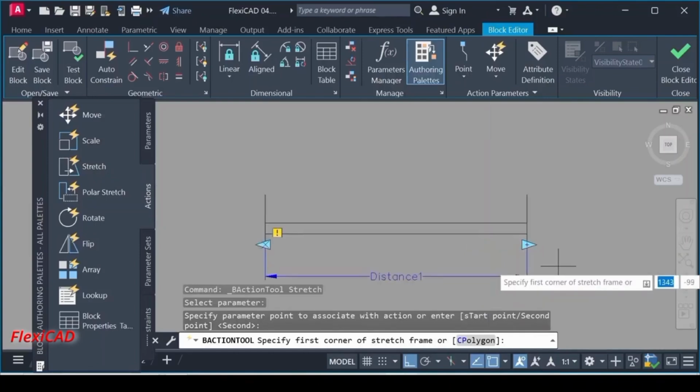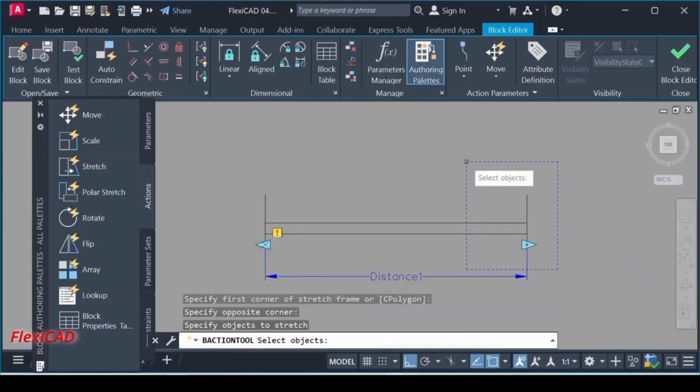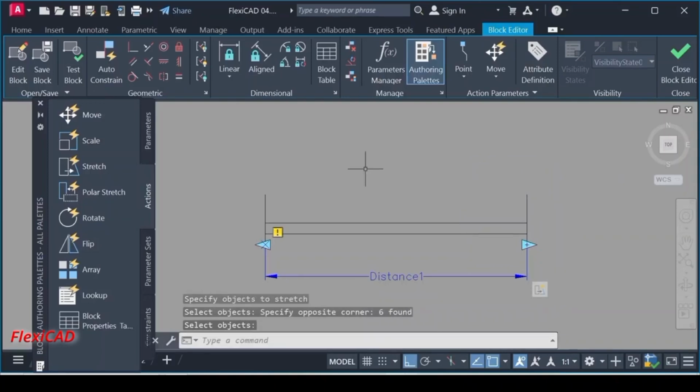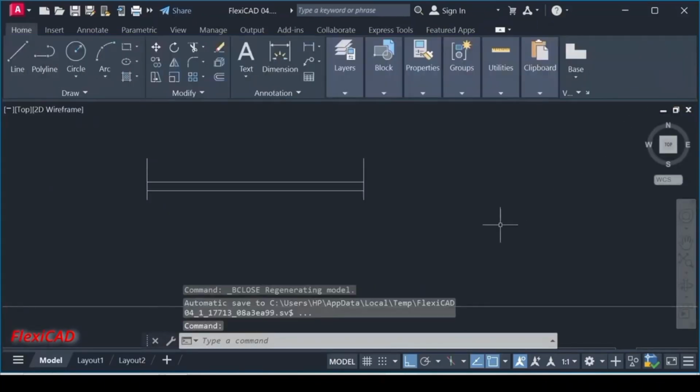Select all the objects except the first line. Also, when you are selecting, don't worry to keep the parameters out of the selection, because they don't count. Press Enter. I save the block and close the block editor. Back in the normal workspace,